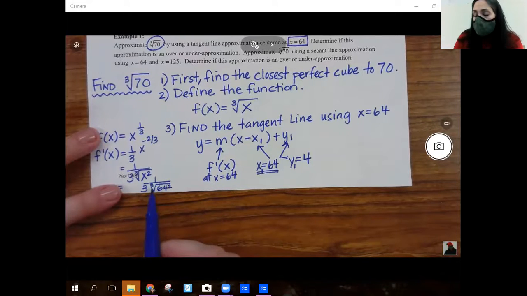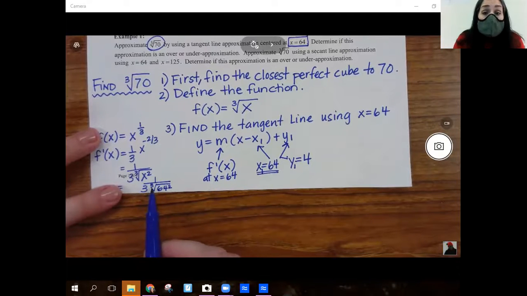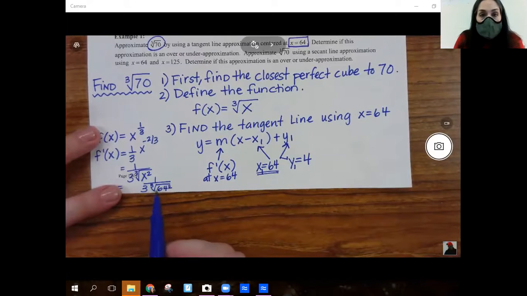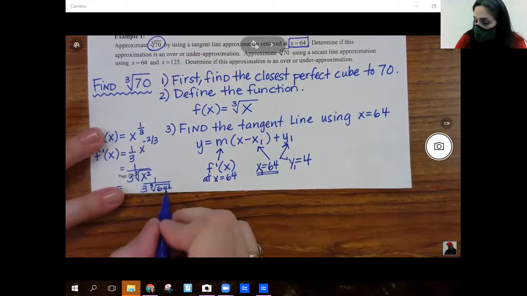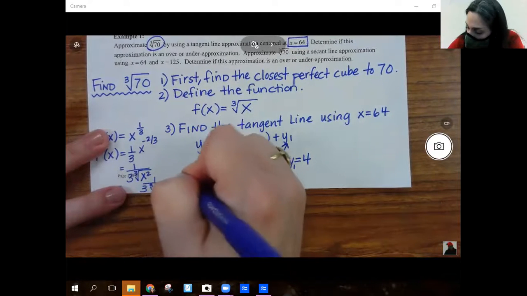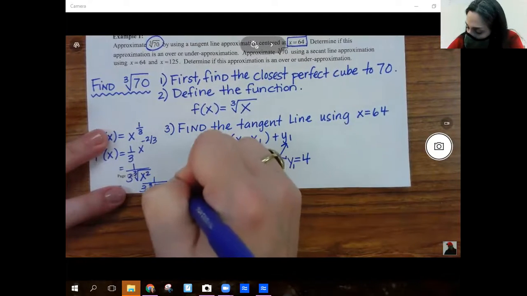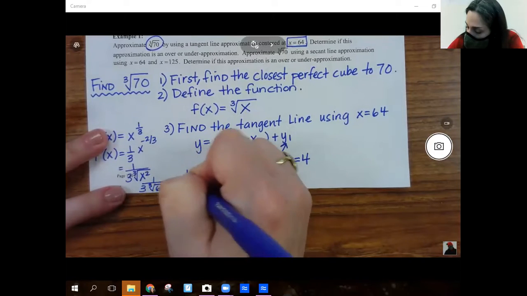It doesn't matter which one of these things you do first. You could do the cube root and then square it, okay? So whenever you have big numbers underneath a radical, take the root of it first and then raise it to an exponent, because it doesn't matter which one we do first. So the cube root of 64 is 4. 4 squared is 16. So this becomes 1/3 times 16,